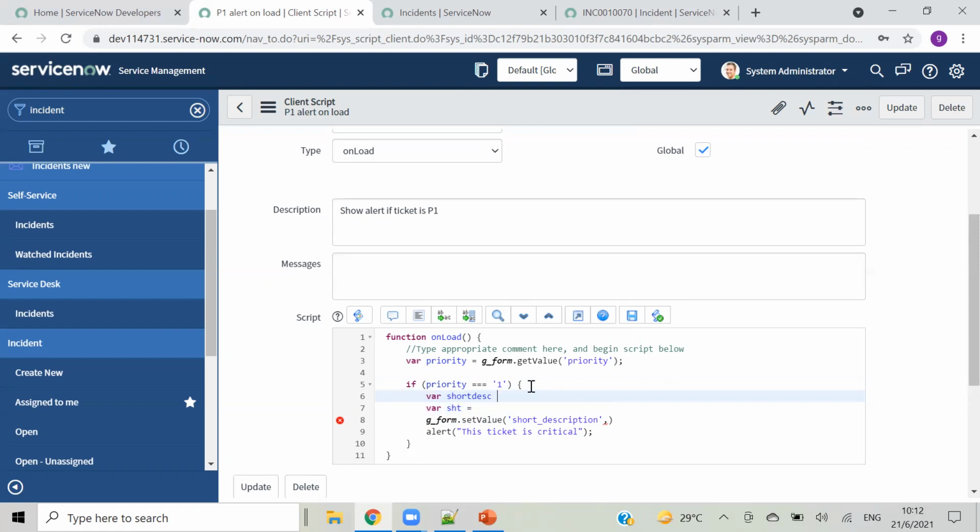Short disc is equal to this one, then get short description, plus some space, this ticket is critical, and that I'm setting here.